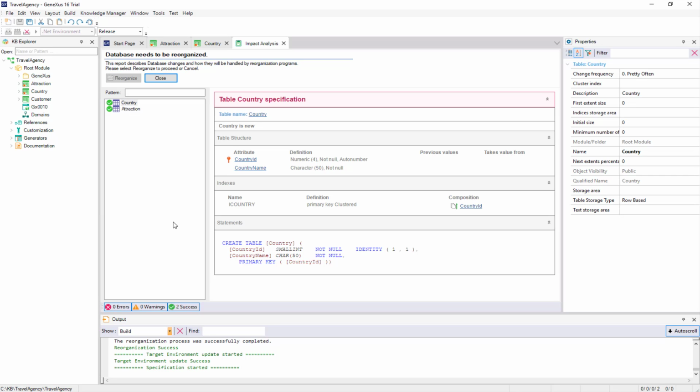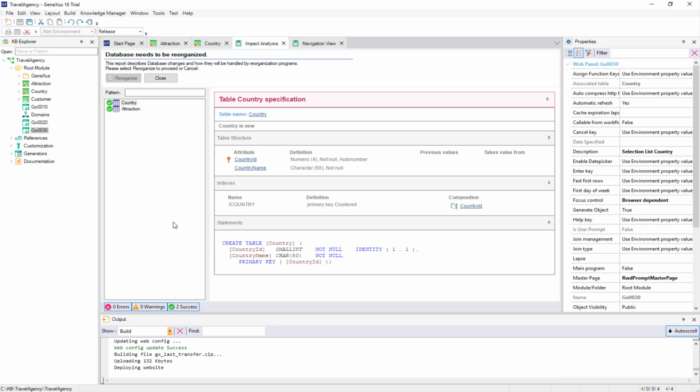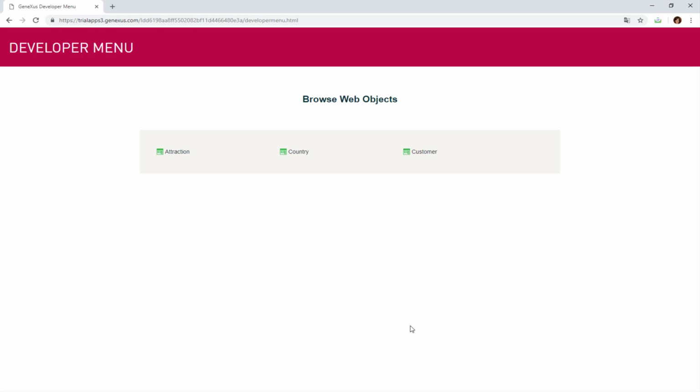Next, it generates the necessary programs corresponding to the application itself. For example, for each new transaction that we've defined, programs are being generated in the selected programming language to enter, change, and delete countries and tourist attractions. Note that we quickly have our application running again in a web browser. Now we have links to work not only with clients, but also with attractions and countries.